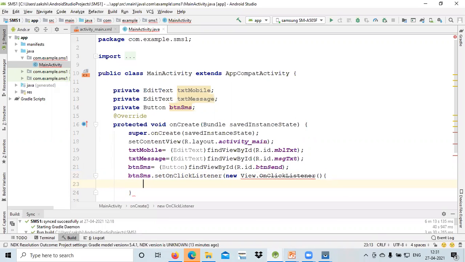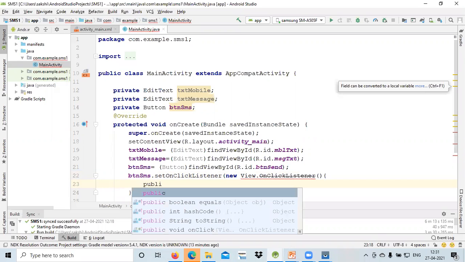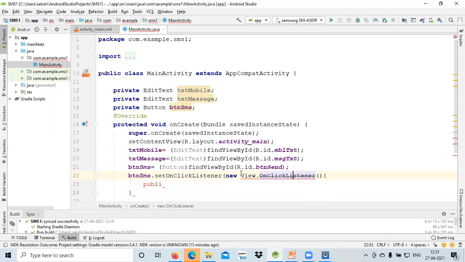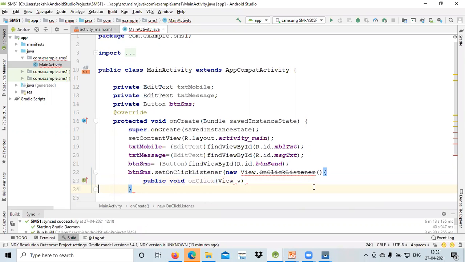That we are using public, okay, we are having public void on click view, and here we can see what message I need to pass.